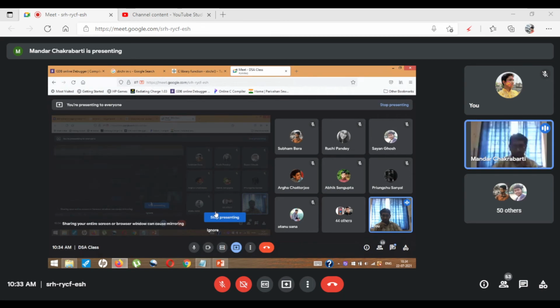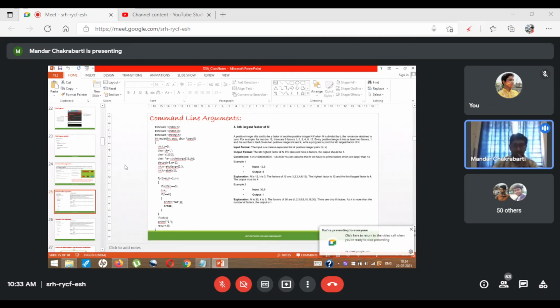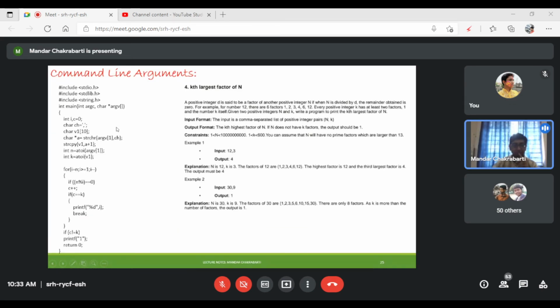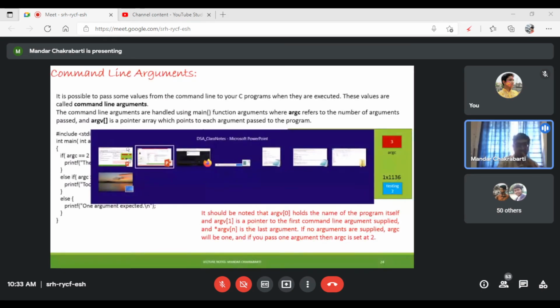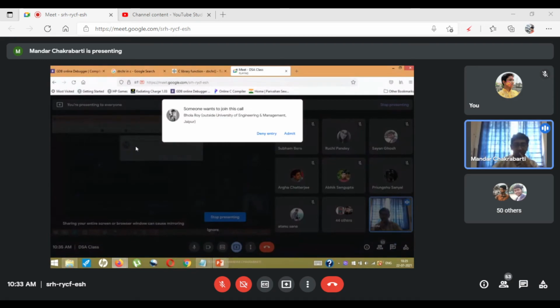A question to everyone: was that absolutely clear to you all? Do you all understand that completely properly? You all have been able to execute that? Did you understand what we were discussing the earlier day, how to implement this concept? This was the basic format where we just use these two arguments, the argument counter and the argument values.